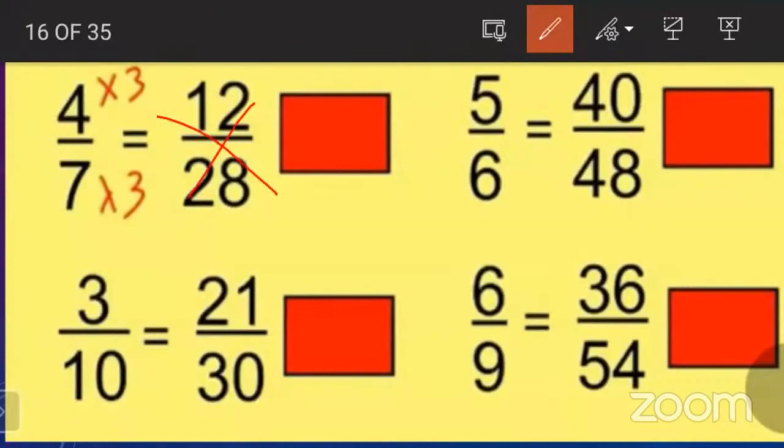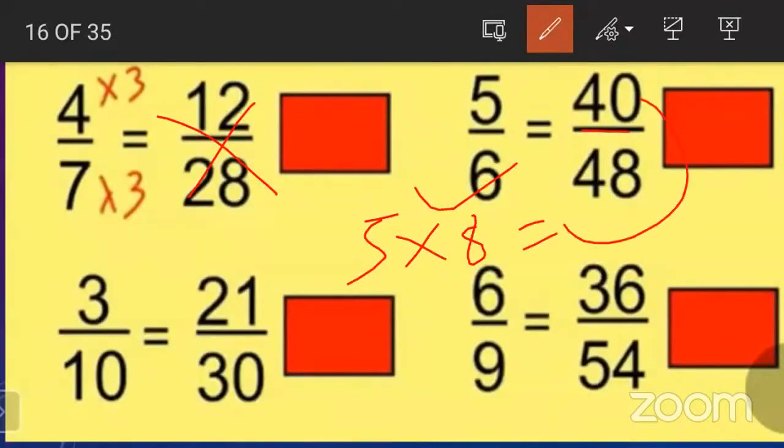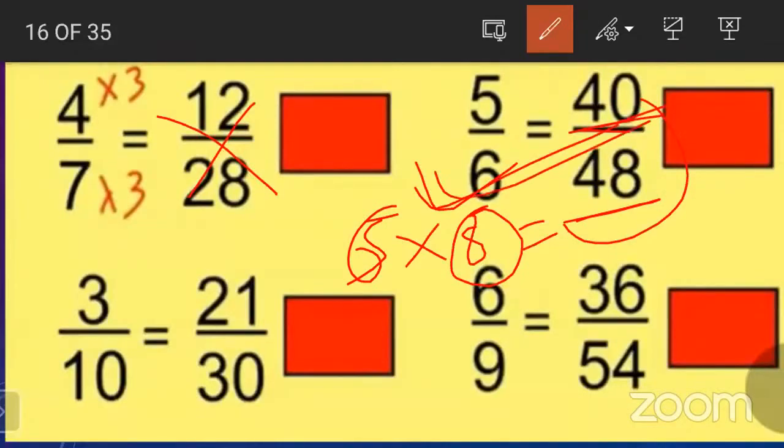Okay. Yes. Look at here now. Second one. Numerator is 5 and denominator is 6. So if you multiply 5 by a number to get the answer 40, 5 multiplied by 8, what is our answer? Our answer is 40, isn't it? Now, the same number 8, if you multiply by 6, 6 8s are 48. What does it mean? This is an example of equivalent fraction.